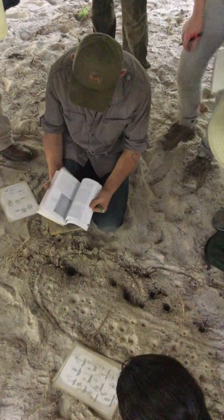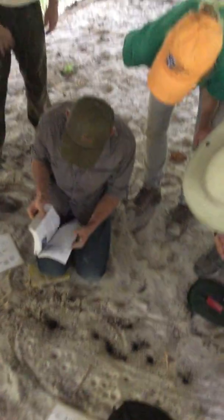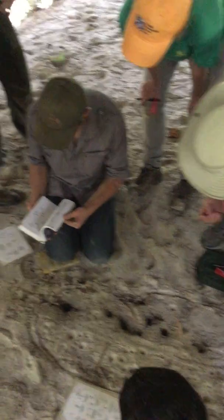Oh, and there's also track plates in this book. Yeah, which looks awesome. Okay. So,